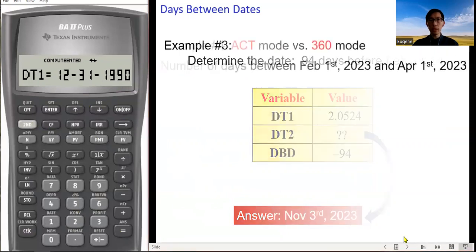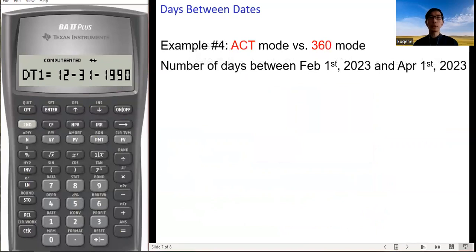Let's take a look at the difference between the two methods, the actual day count and the 360 day count methods. The number of days between February the 1st, 2023 and April the 1st, 2023. You can get the number of days in your mind, the whole February and the whole March 2023.